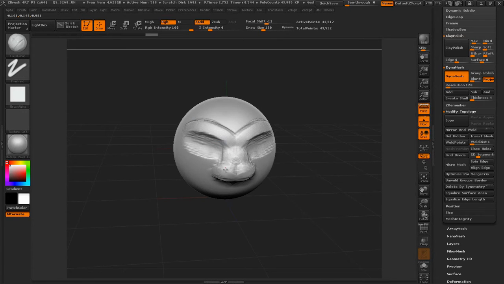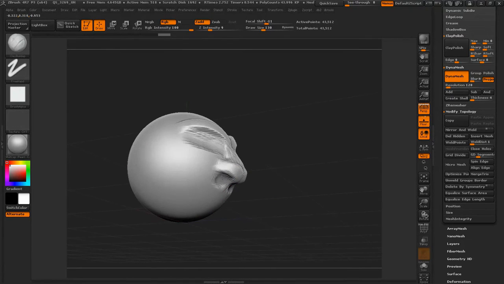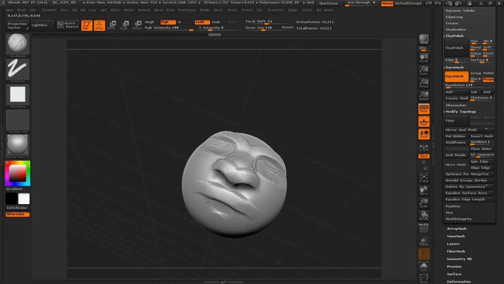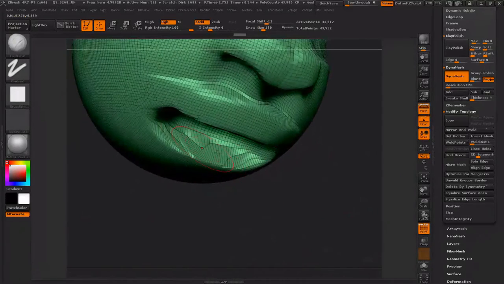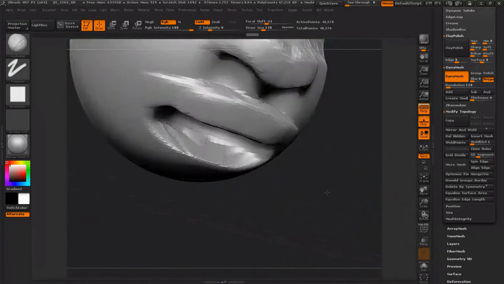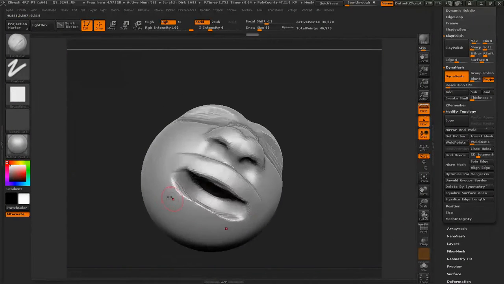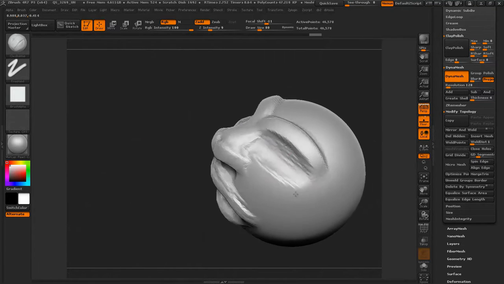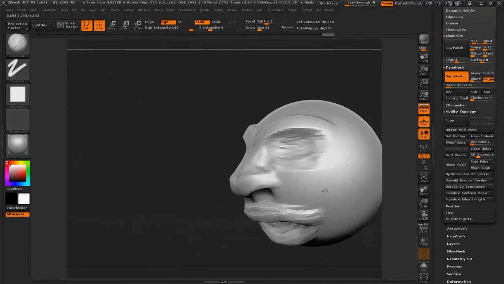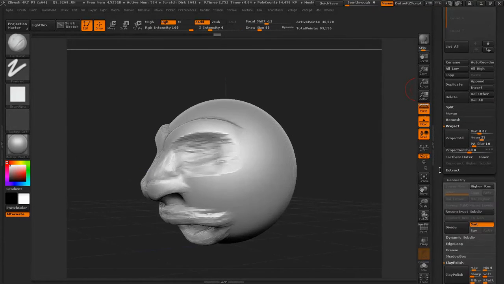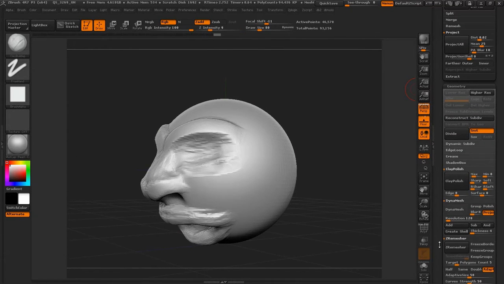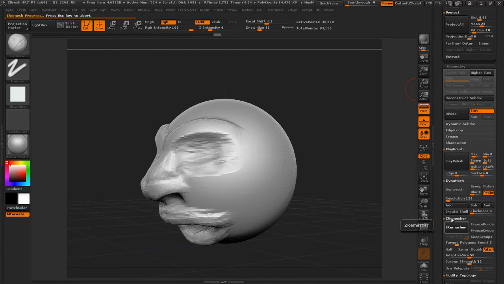The workflow for me basically is start off with a Dynamesh, get all the basic topology where I want it to be, then Zbrush it, and then I've got something to start from. So once I've Zbrushed it, I'm going to UV it, and then I can paint it, and we're all good. So this is a really, really ugly, quick version of what I do. I duplicate this mesh, Zbrush one of them,